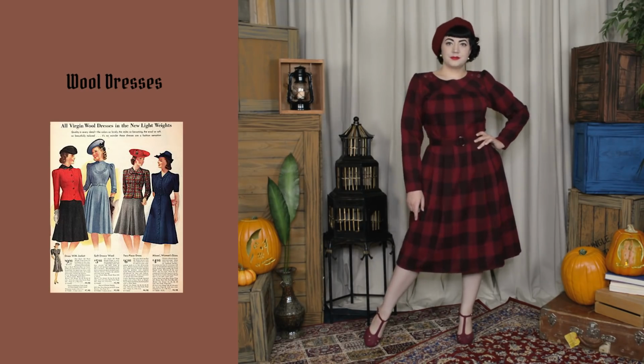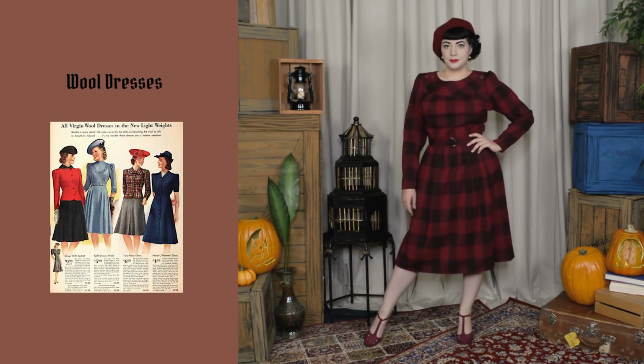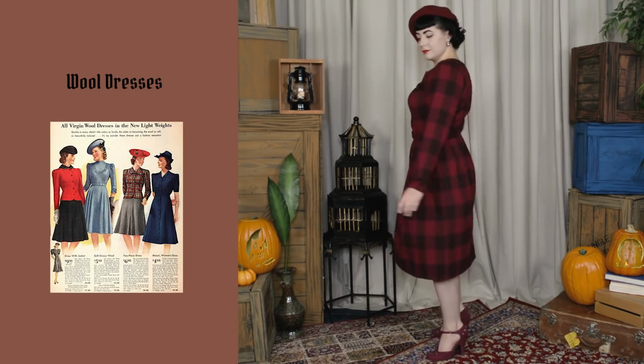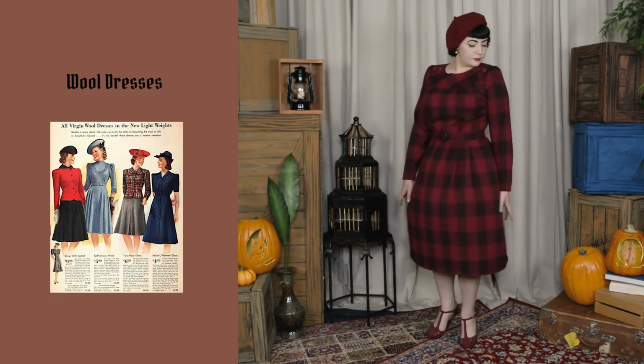And speaking of wool, the next item on my list is going to be wool dresses. That's right, dresses made from wool. Not only can you have skirts, but you can have an entire dress made with wool fabric, especially things like wool suiting fabric or wool gabardines, wool crepes, which are quite nice and a little bit more on the expensive side. This dress here is actually made of a wool flannel that I bought at a discount